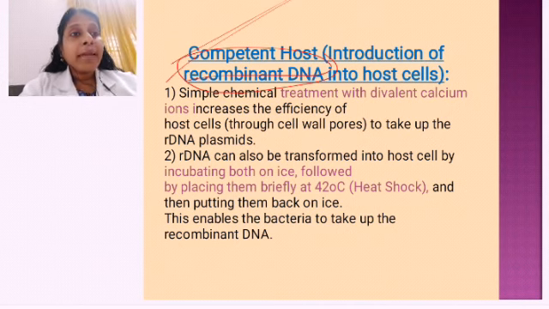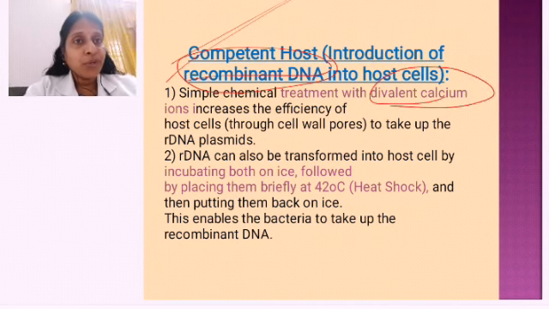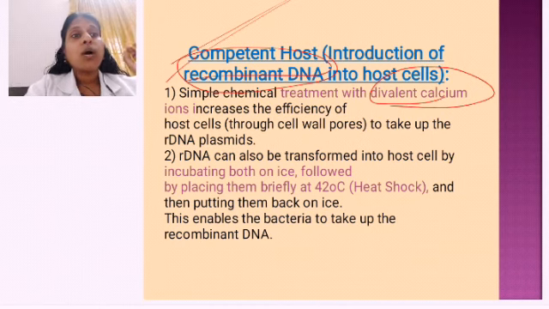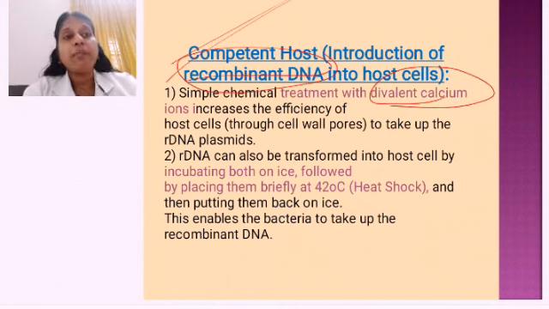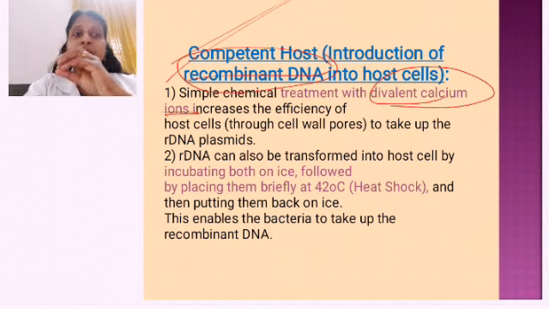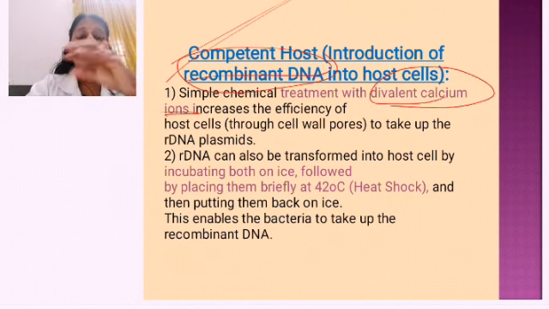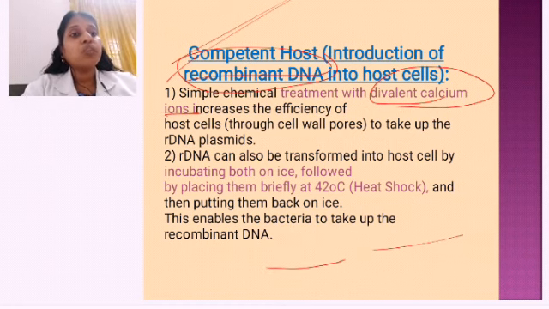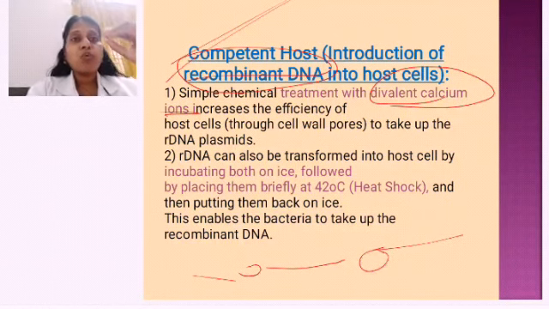Listen, I am treating the cells into which I am going to introduce this rDNA, the pBR322 vector, into the bacteria. So a bacterium is the host here. The bacteria are treated with divalent calcium ions, introduced in a medium containing divalent calcium ions. When the bacteria are introduced into these ions, the cell wall becomes much more porous. Porous means the pores increase in size. They take up the calcium and the pore size increases.